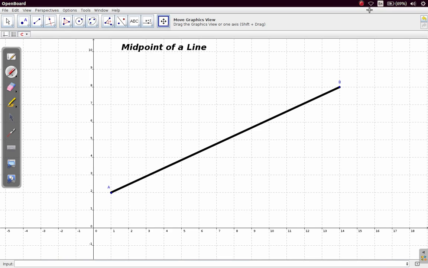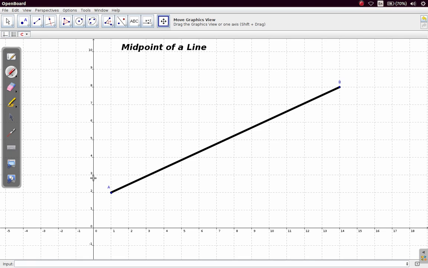Let us look at calculating the midpoint of a line. We have this line here. Where is the midpoint located? There is a formula that we could use, but let us see if we can come up with our own method, our own formula for calculating this midpoint. The ends of the line